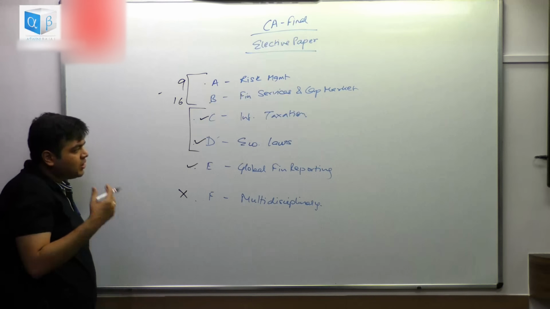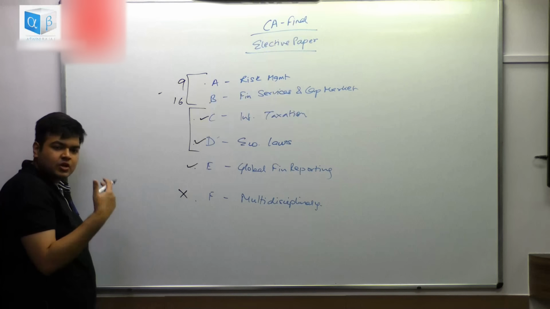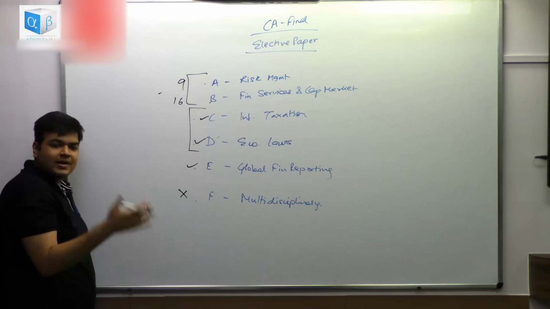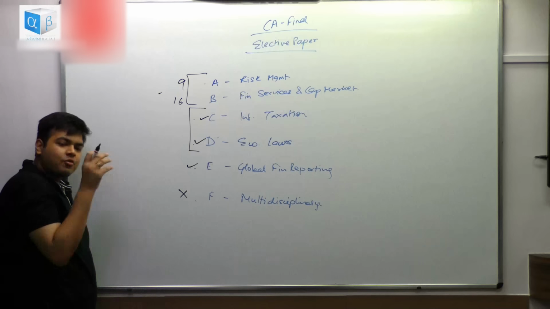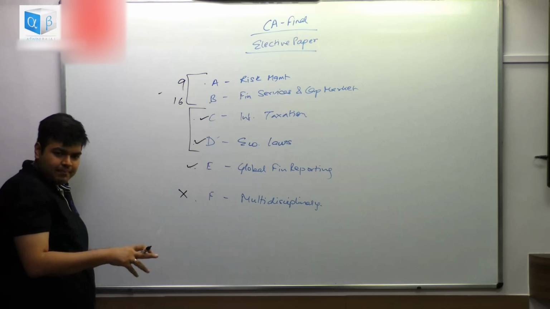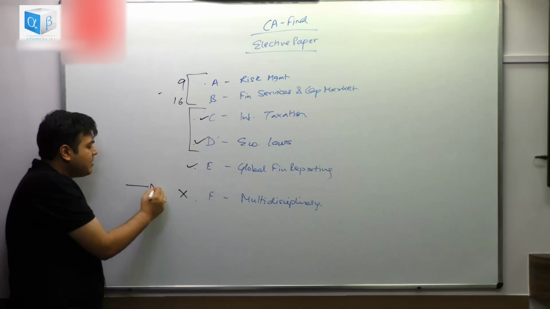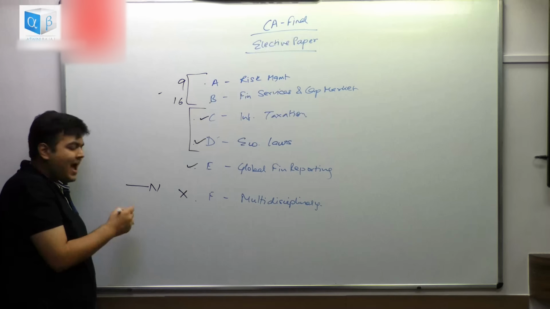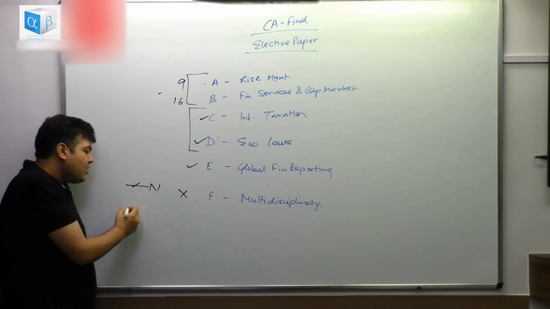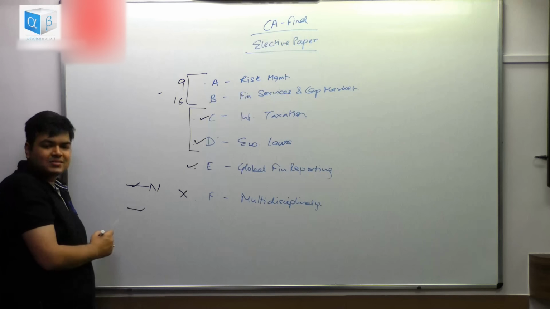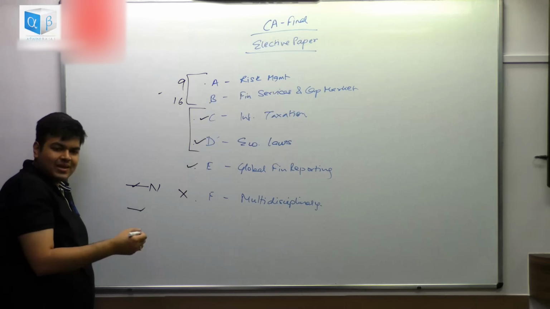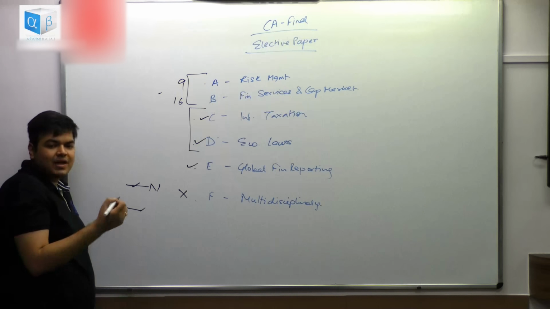Now the question, whatever choice of subject you've made when you enroll for final is not the final choice. You have to make a choice every time you give the exam. Say for example, you gave the exam in the month of November or May and you did not clear it. You are free to select another elective for your next attempt. So every time you're giving the exam, you can make a choice for the elective that you want to.